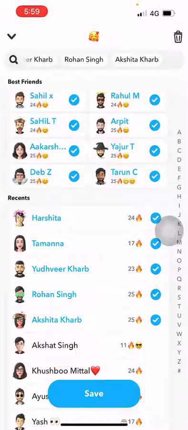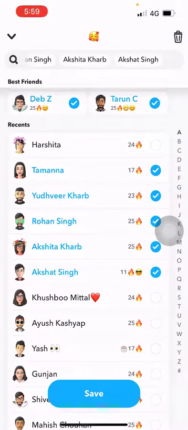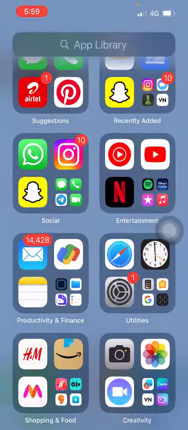Just delete it, and similarly, if you want to add some other people or just remove some selective people, you can just unselect them or select them and save the option. So yeah, that's how you use your shortcut option in the